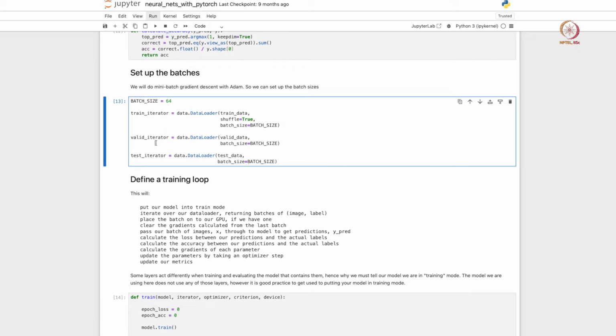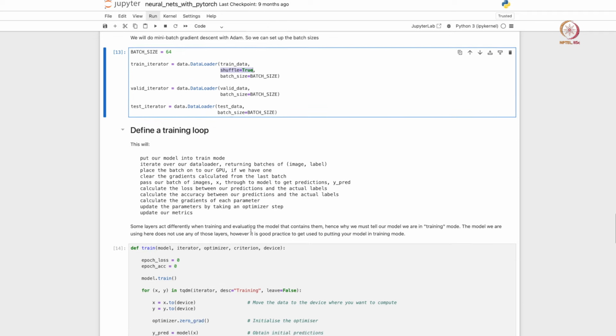So we are going to use a larger batch size of 64 here, and we define some kind of iterators to make sure that our data is randomly split into different batches according to the batch size, and then they are also shuffled, basically. So the data is fed in a random fashion across the different batches as the model is training, right. We define different iterators for the training, validation and the test set. Batch size remains the same for all the three data sets here. Only for train data we do shuffle equals true. For these two we don't declare that variable.